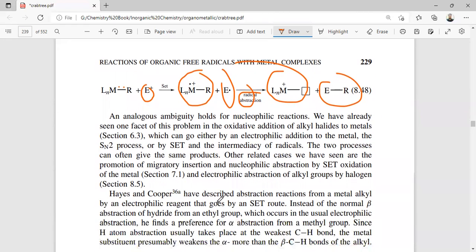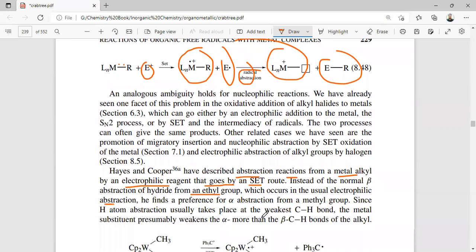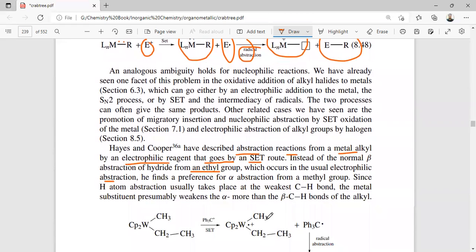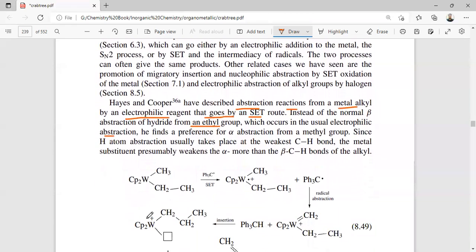Hayes and Cooper have described the abstraction reaction from a metal alkyl by an electrophilic reagent that goes via the SET route, instead of the normal beta abstraction of a hydride from the ethyl group, which occurs in usual electrophilic abstraction. We find a preference for alpha abstraction from the methyl group, since H atom abstraction usually takes place at the weakest C-H bond, and the methyl substituent presumably weakens the alpha more than the beta C-H of the alkyl. So here